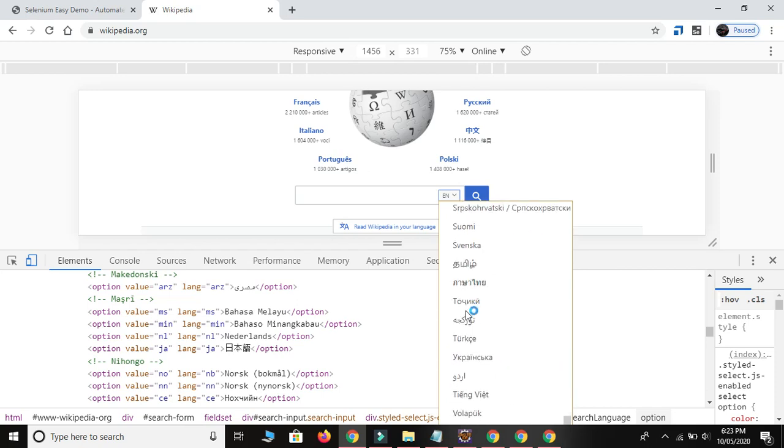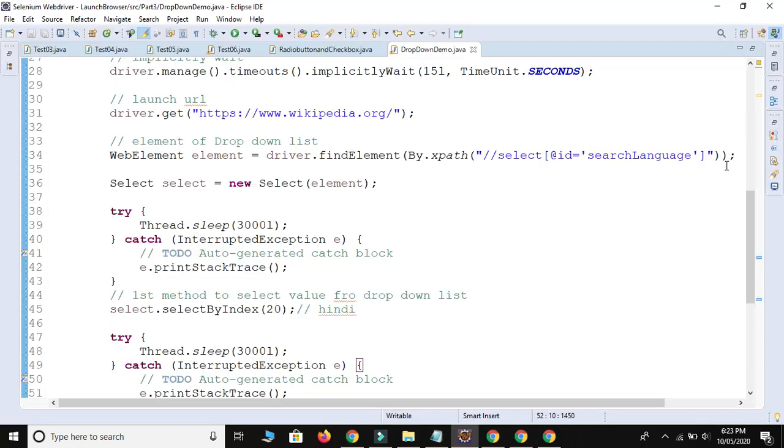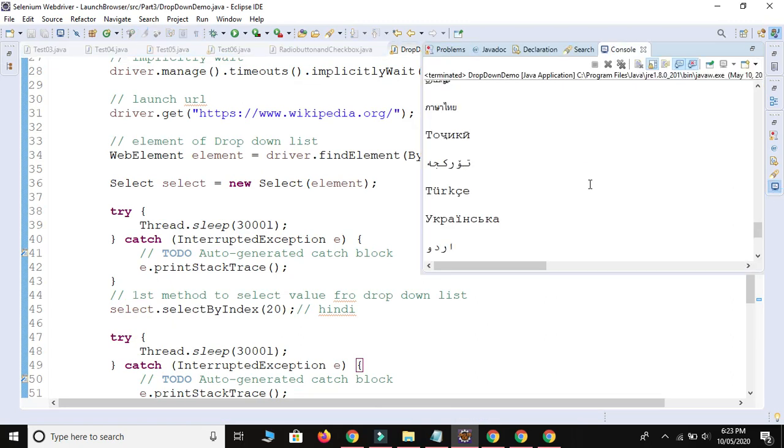So to handle this type of drop down, better to use the select by index method or select by value method. And if you want to print all those languages, developed in different languages, on your console, I have already shown you how to do this.